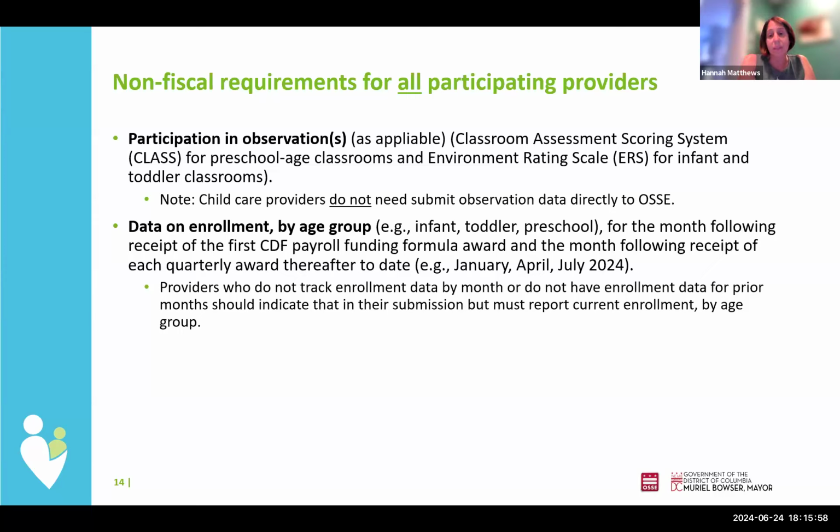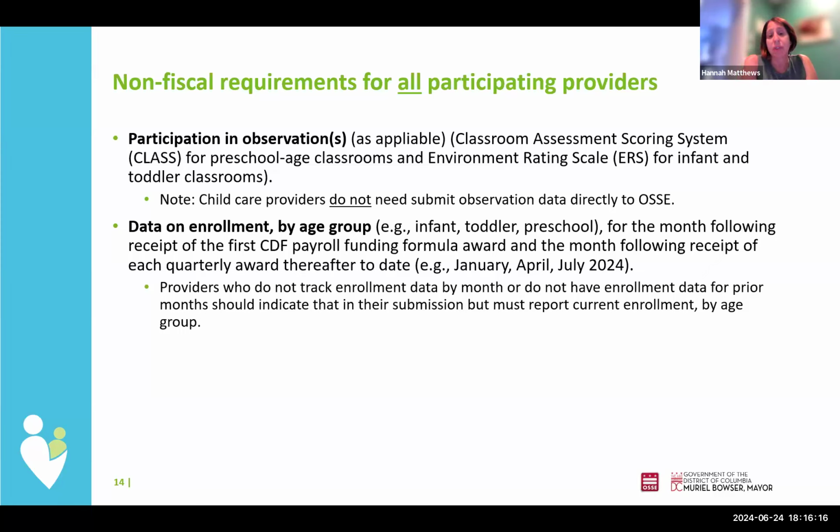Providers will not need to submit observation data directly to OSSI. Our partners who administer the CLASS and ERS will report participation of providers and give that information to OSSI. In addition, the provider agreement